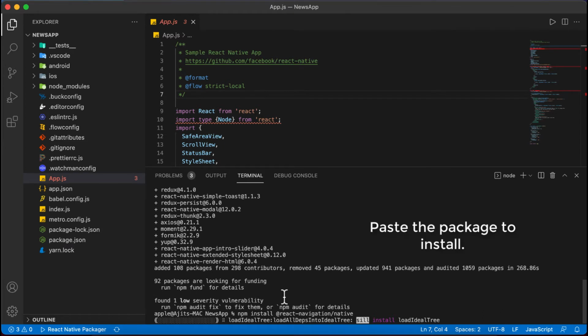Then we will install React Navigation Stack to create navigation stacks, and after that the bottom tabs. Then we will install one more package, React Native Vector Icons. We will install and set up these.